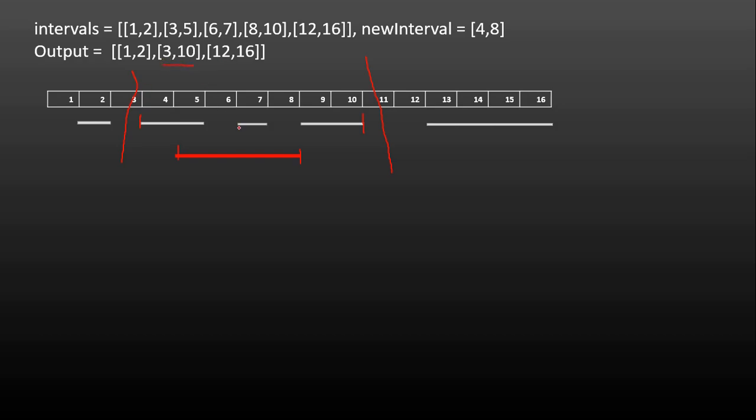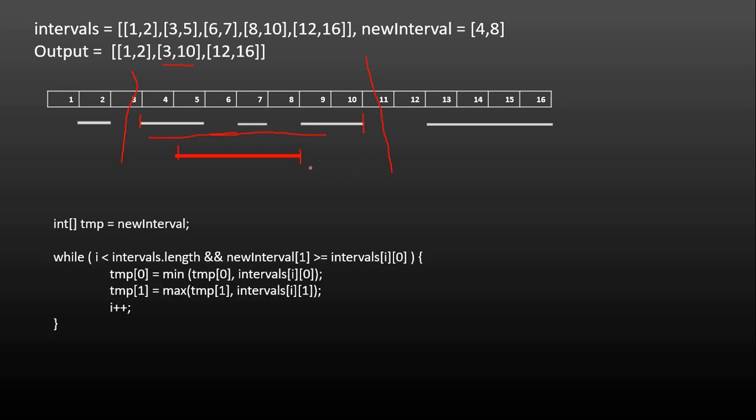So how can I find that? Once I reach this range, I can loop over these intervals, and I just need to keep track of, for each interval, what is the min of my start bound and what is the max. So let's take a pseudocode example of this merge. Here my new interval I'm declaring in a temp array, and I'm looping over the remaining intervals that I have. I'm making sure that my i is less than my intervals dot length,